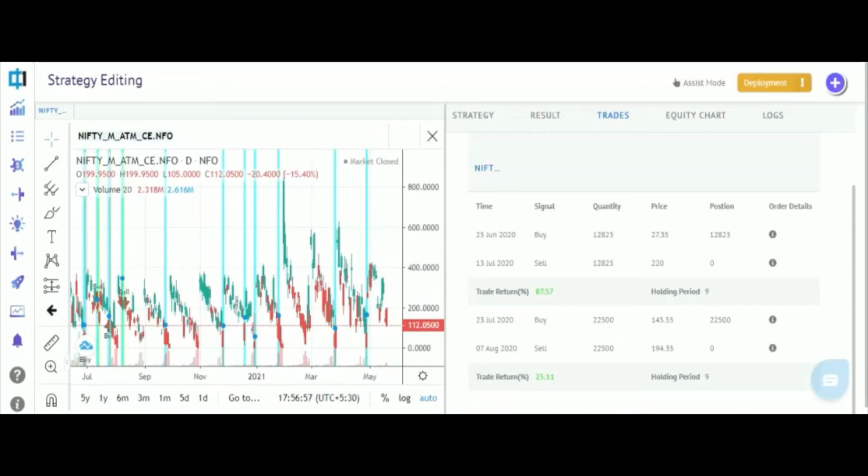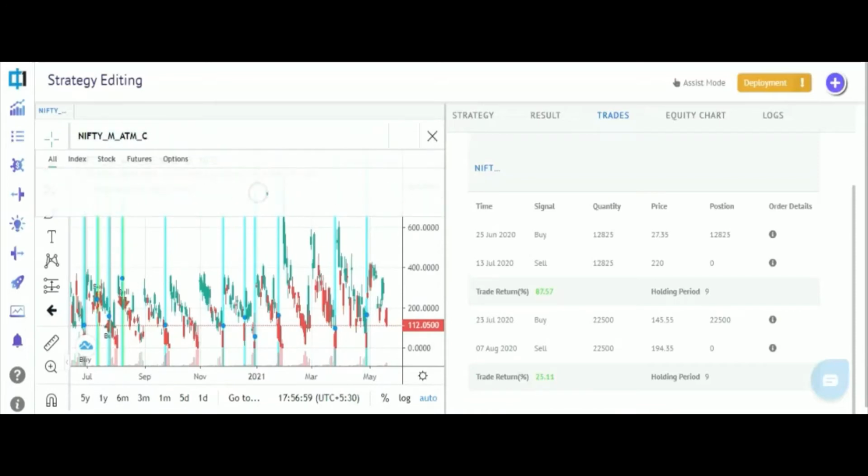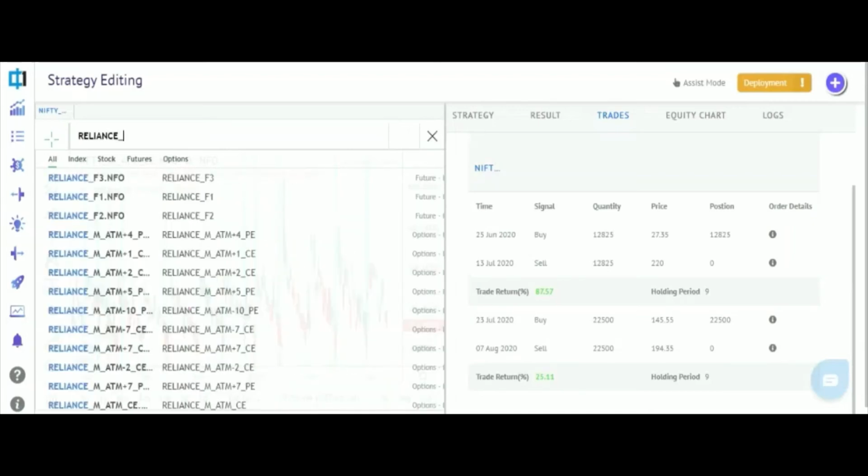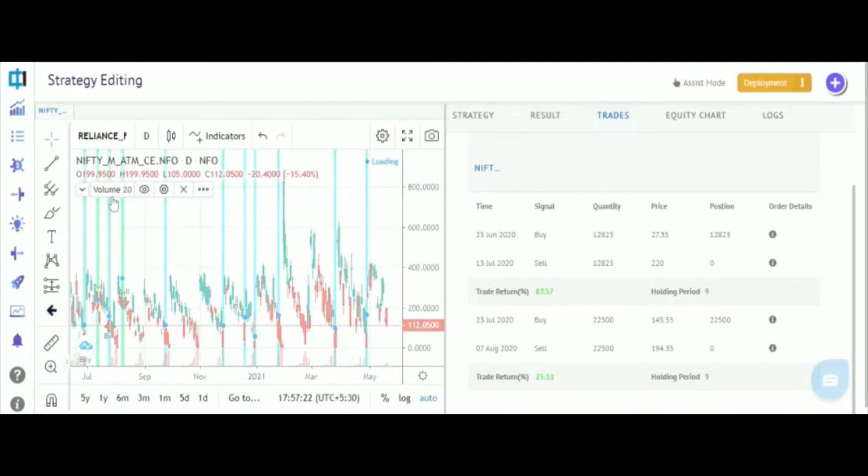All right, so now quickly let's choose a futures instrument. 5-1 has it preconfigured for you so that you can choose, just like we chose the at the money dynamic option last time, in this case the front month or the second month or the third month future for a particular security.